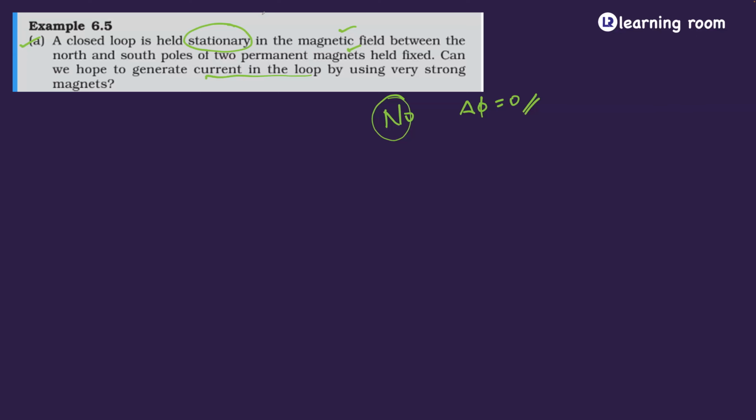So in this case, when the coil is held stationary, first, it gives a hint that the coil is not moving. And secondly, it is kept fixed between two permanent magnets which are also held fixed. In the sense, there is no change in magnetic flux taking place at all, right? Second,